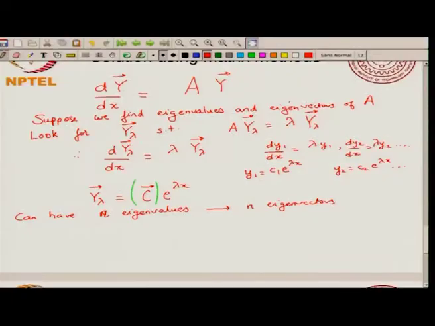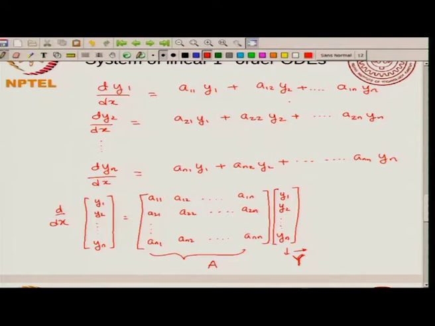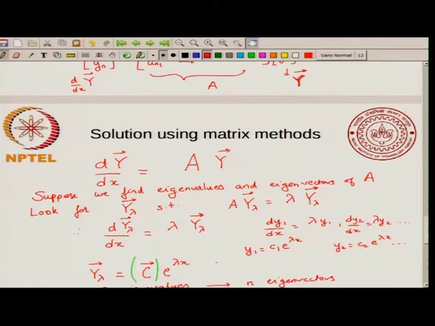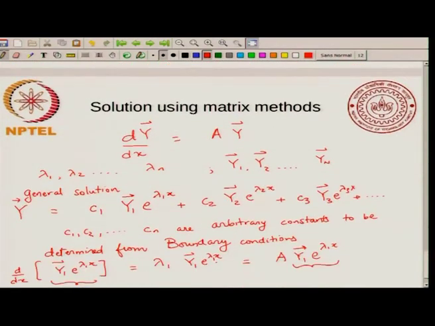So, let us just go back once again and remind ourselves where we got this system of differential equations. We got it from saying that each of these differential equations is linear, and so I can write this in matrix form. So d by dx of y1 up to yn is this, and we identified this as y, dy by dx, and this with matrix A, and so we could write our differential equation in this form. This system of differential equations looks like a differential equation for a vector, and once you find the eigenvalues and eigenvectors, then you can use them in order to write the general solution.